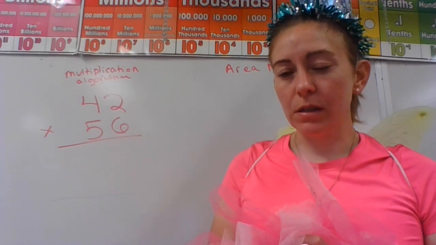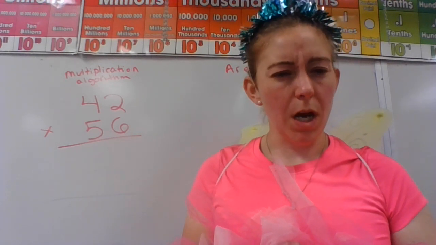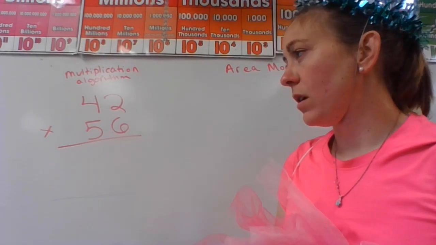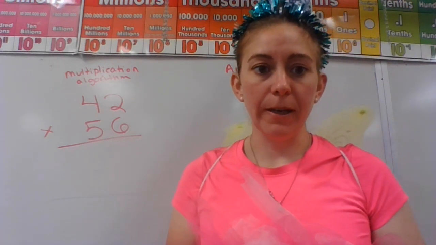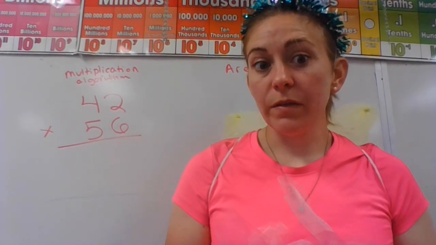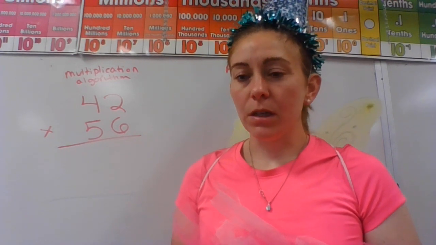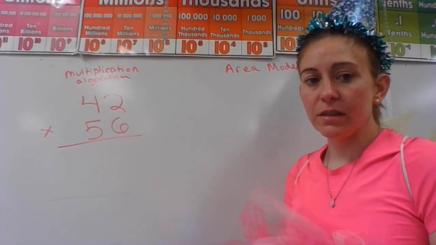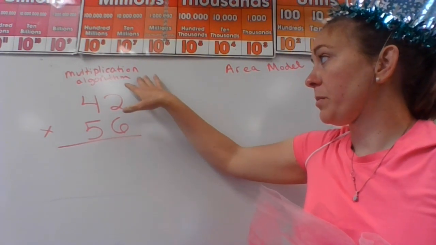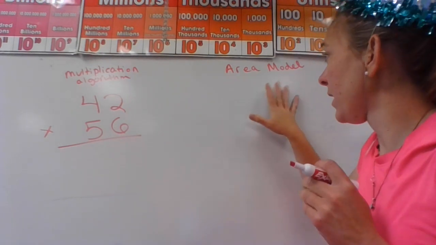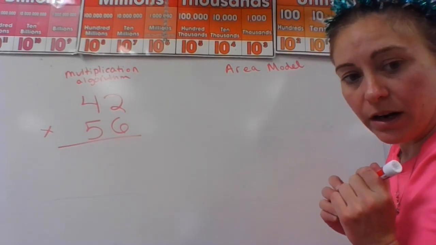So one of your boxes, the blue box, I think, asks you to solve, I think it's 26 times 38 in two different ways. We're going to do a very similar problem to that with 42 times 56. We'll be using the multiplication algorithm and the area model. If you remember, the area model